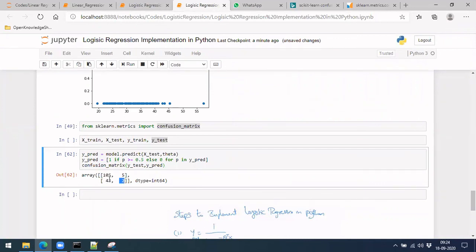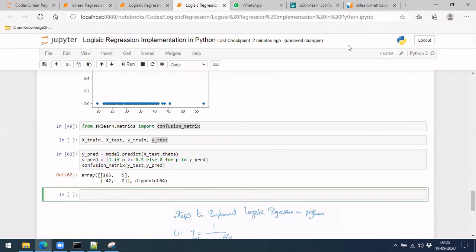That is what we have discussed yesterday, right? The true positives and true negatives. These are the false positives and false negatives. So these false positives and false negatives should be 0, and these should be greater, right? That is how finally we should be getting. And let's also compute the precision and recall measures.